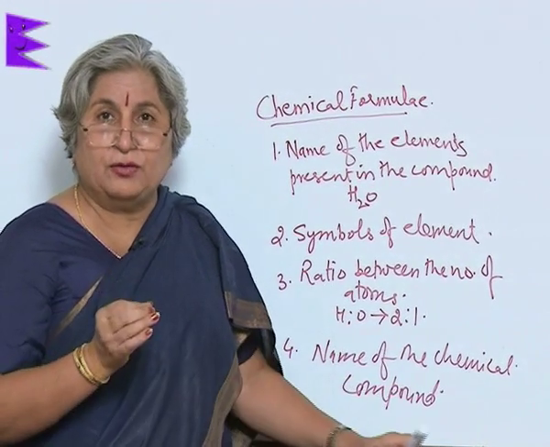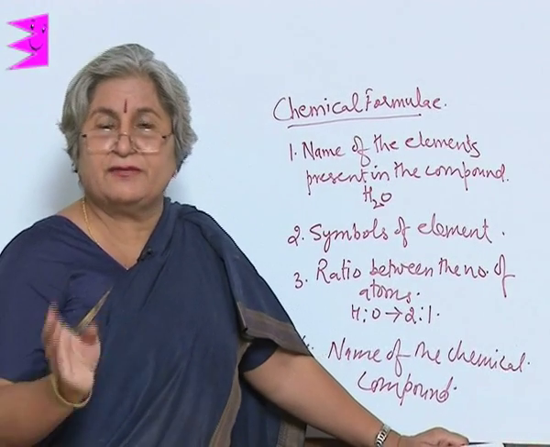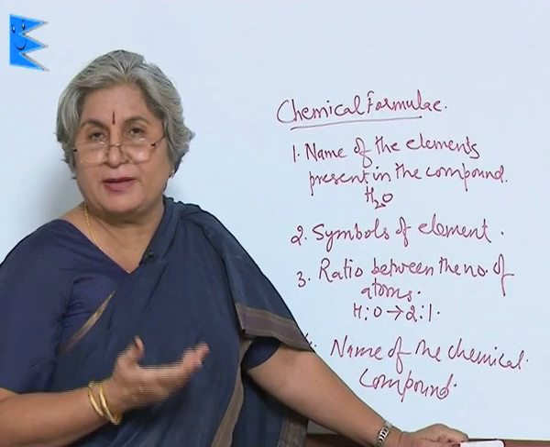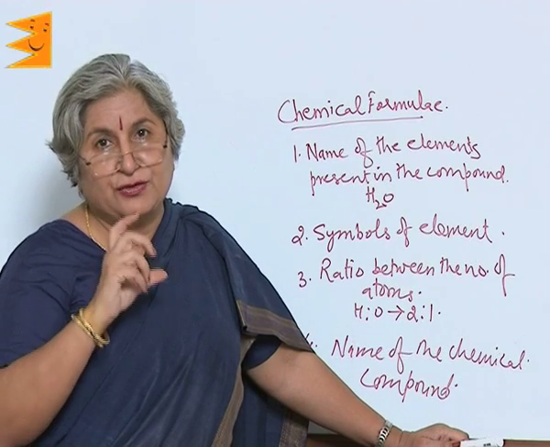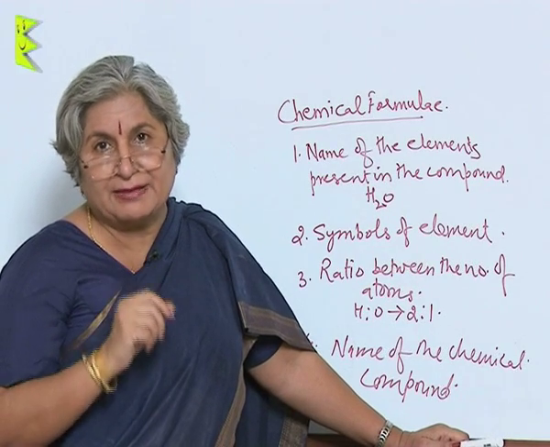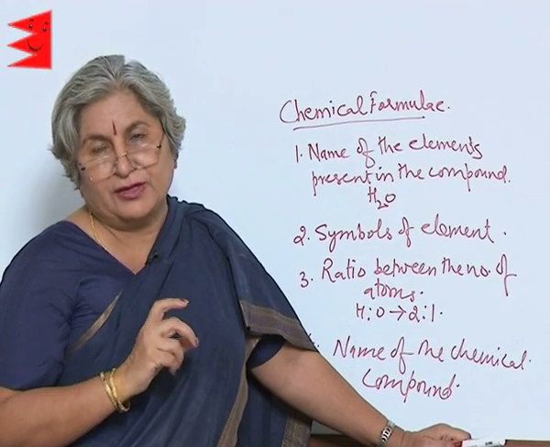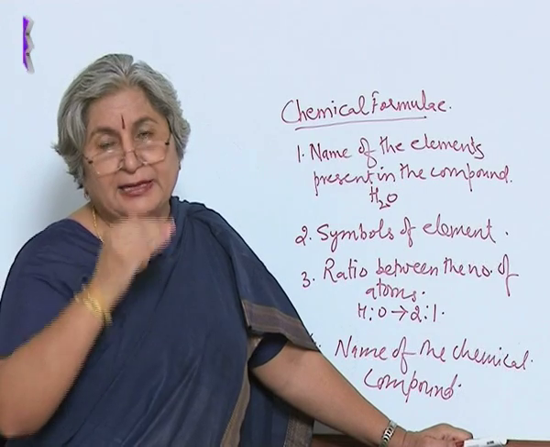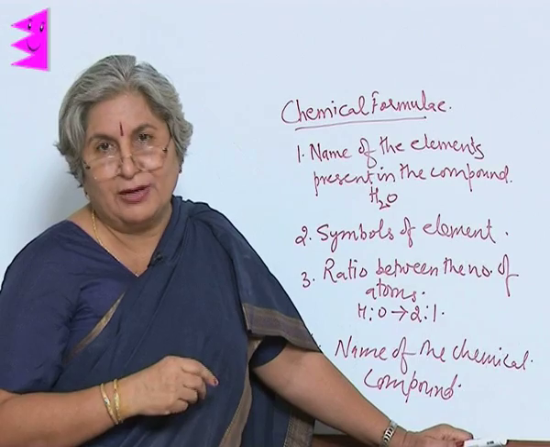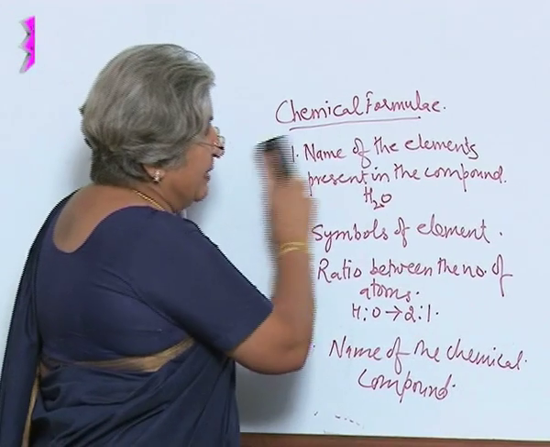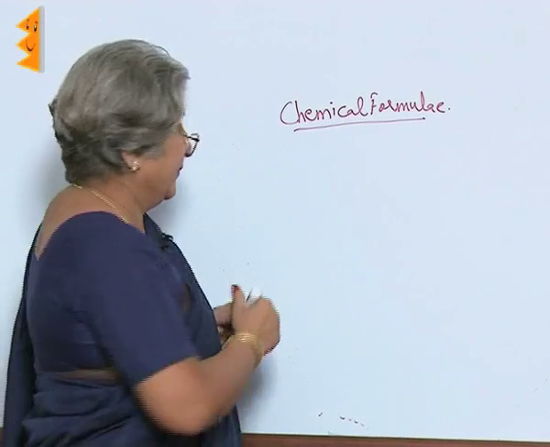Now, to be able to make a formula, why am I saying make a formula? Why can't we just memorize? There are so many chemical compounds, how to memorize them? Just as we use a certain method for coining symbols, similarly there is a method of making formulae also. Of course, it has to be approved, but if we know the method, it will be easy for us to make a formula. Now, to be able to make a formula, first of all we need to know valency.